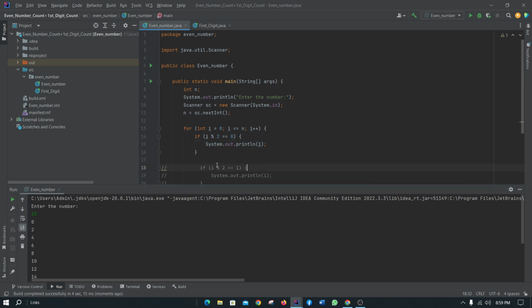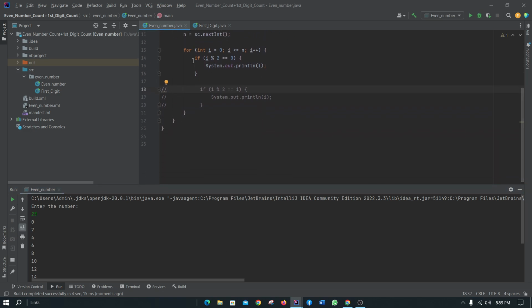And the same thing if I comment out this method, this is for odd numbers. If we look, if the remainder of i divided by 2 is equal to 1, then we can declare it an odd number. So if we print it,